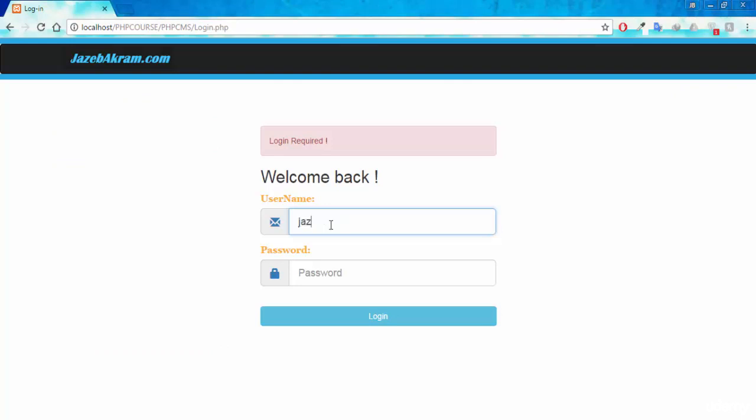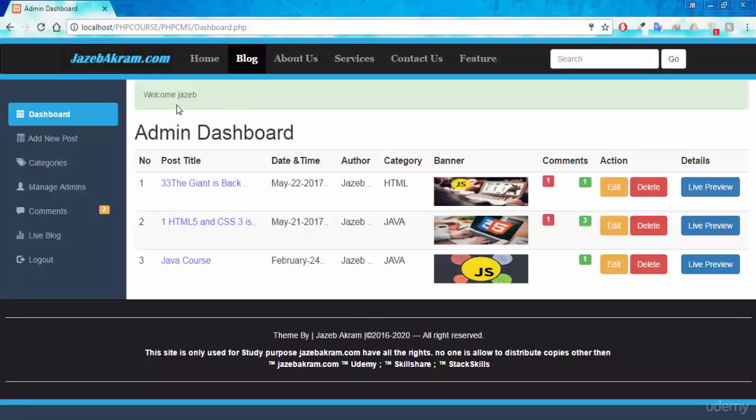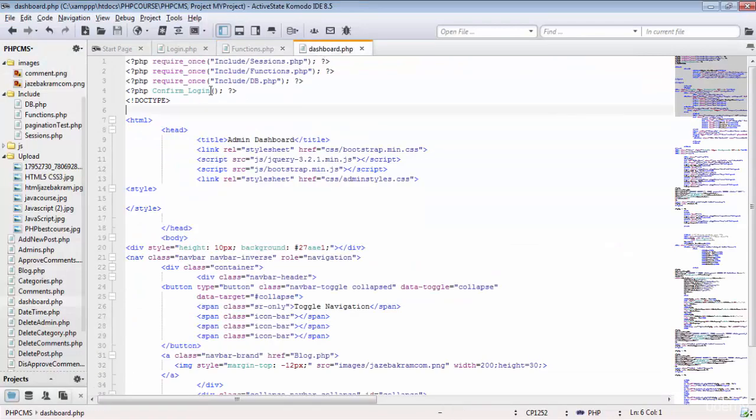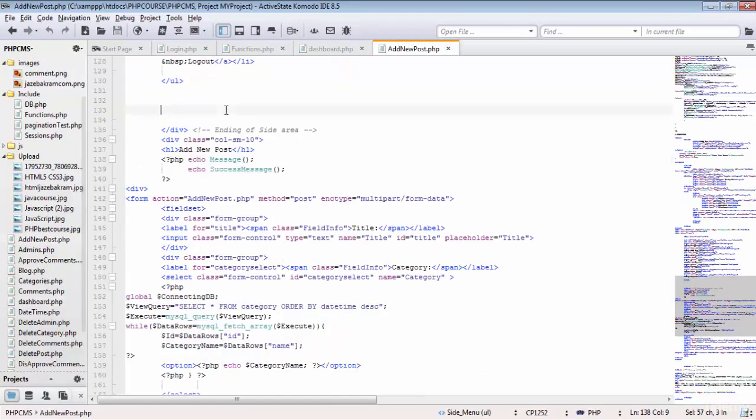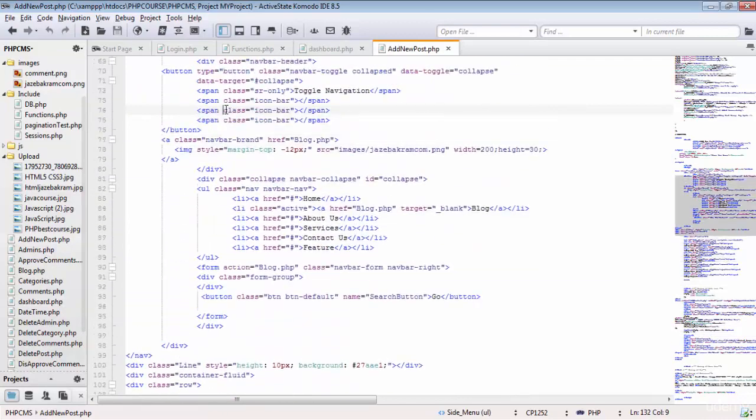Now if I give it my username to be the correct one, Jazib, password to be the correct one, Akram, login. You can see we are on the page of dashboard.php and here is the message of welcome Jazib. Now in case you want to restrict some more pages, you can just add the function call of this confirm login on the page you want to be protected. So I'm gonna copy this whole statement of confirm login function and I'm gonna first make this add new post page